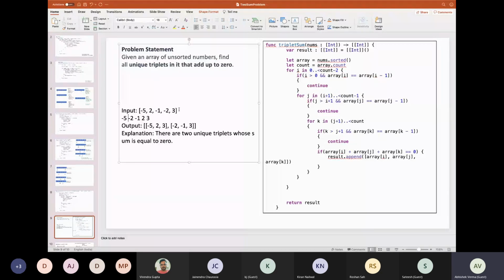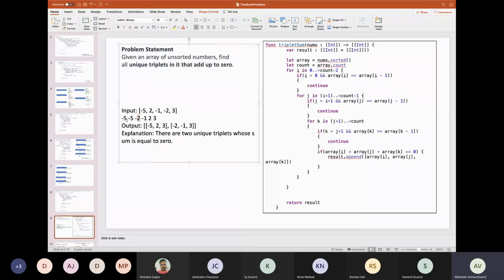So let's say one more -5 is in the input. First time, because I put the condition that i is greater than 0, otherwise it would throw an exception, i will be pointing to this, j will be pointing to the next, and k will be pointing to the last.